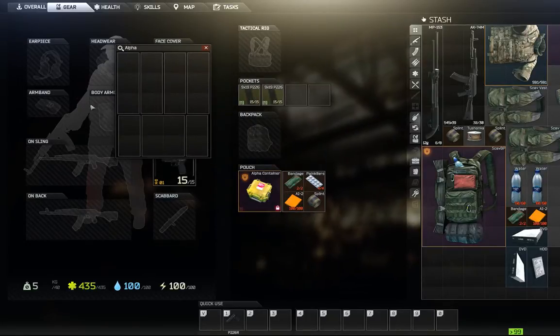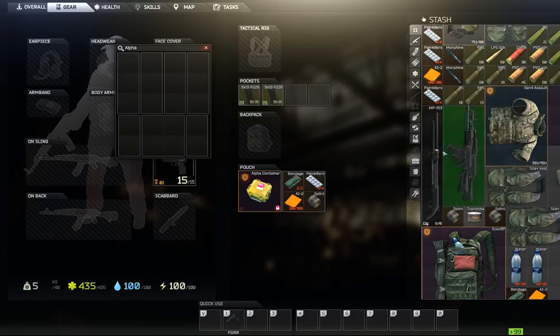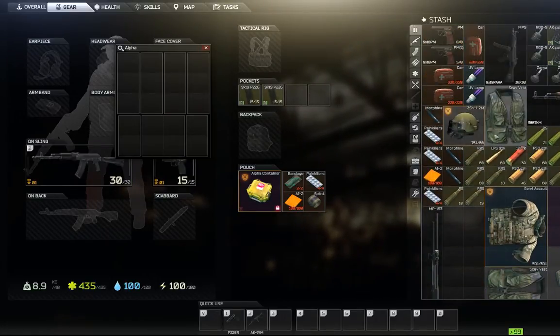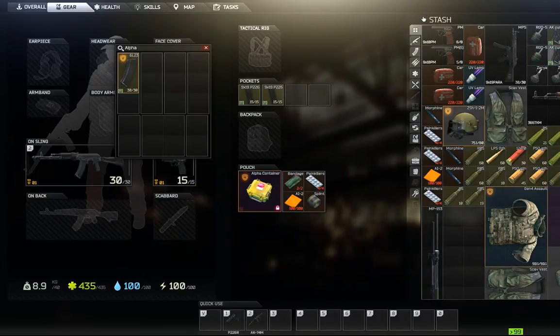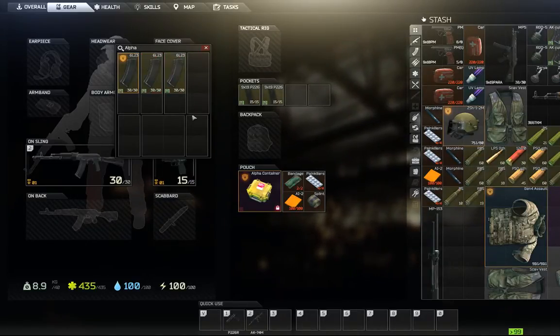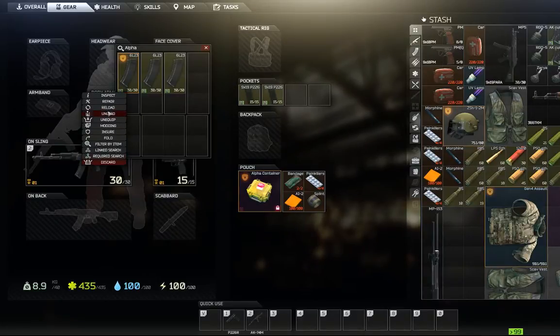Like this one has quite a few slots for magazines, because when you take a gun, for instance, I'll put that gun there and shove a couple of mags over here. So you see that when I put the mags in my rig, they all line up, but if I go and I reload the gun that is,